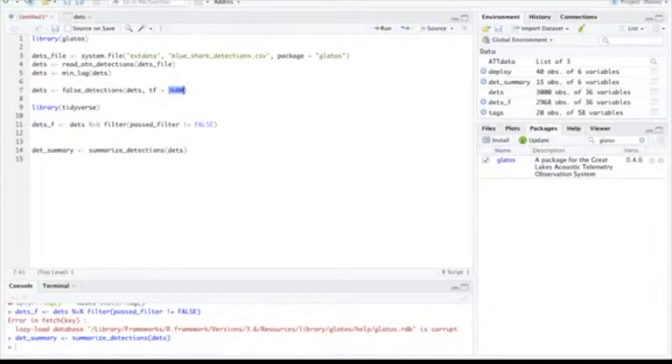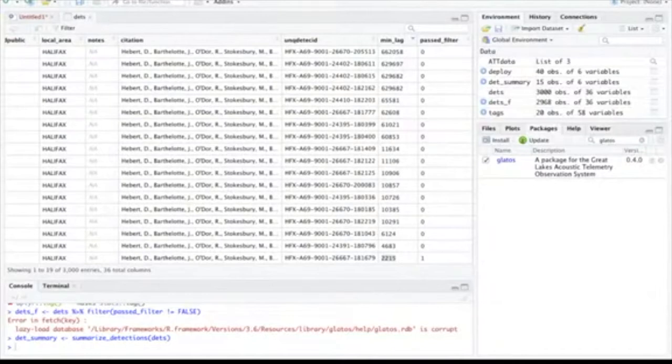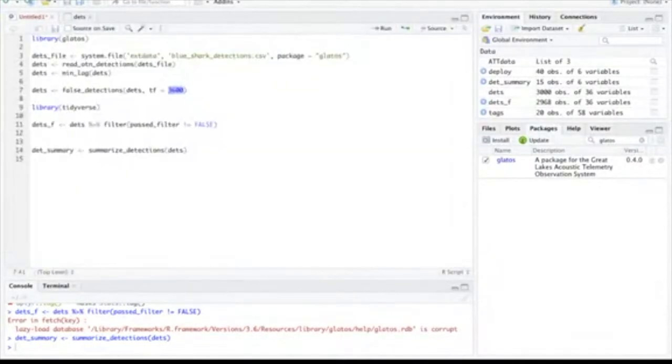It's per array, I'm pretty sure. Actually, the default is per receiver. Okay. And then there's ways to adjust the algorithm to use the entire array or a group of receivers if that's the preference. So you can have a column that defines receivers and then use that as a variable instead of receiver. There is an option that we